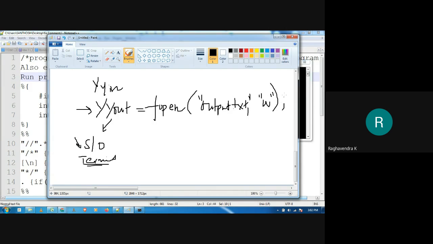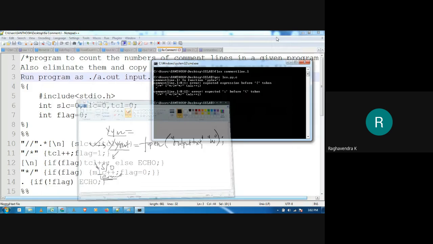Because you are writing. Previously we had opened input.txt in read mode, but now we are trying to write, so obviously you open the file in write mode. You need to add this statement in your Lex so that the input as well as the output is modified.